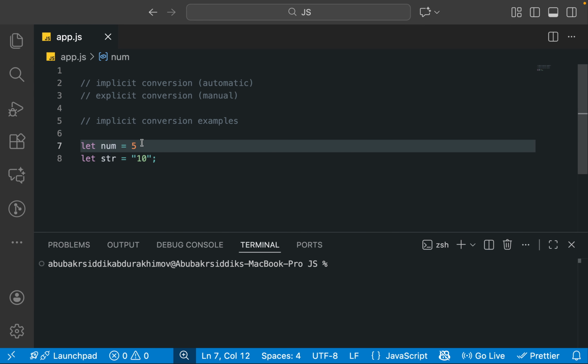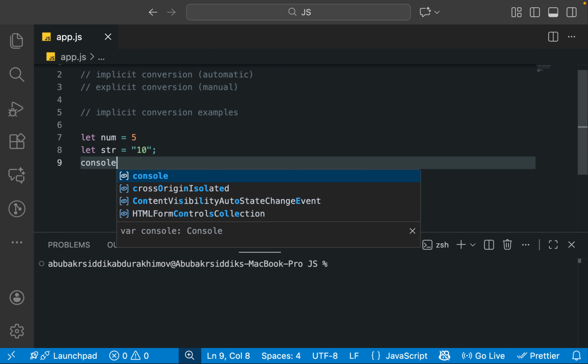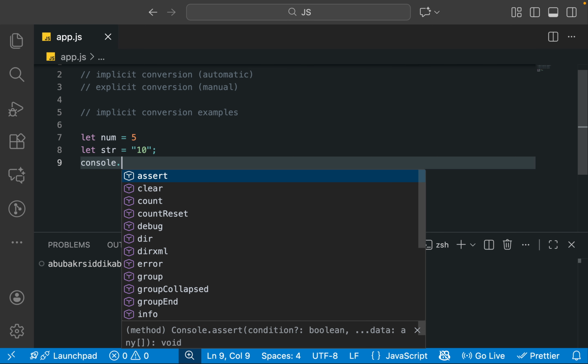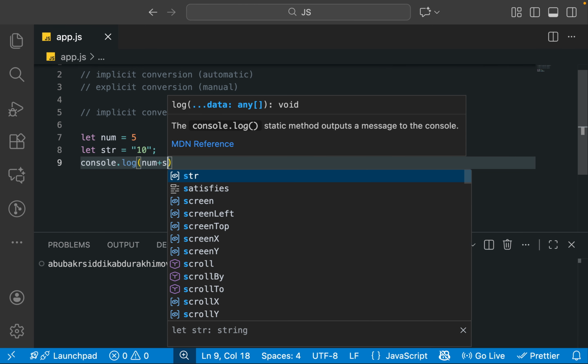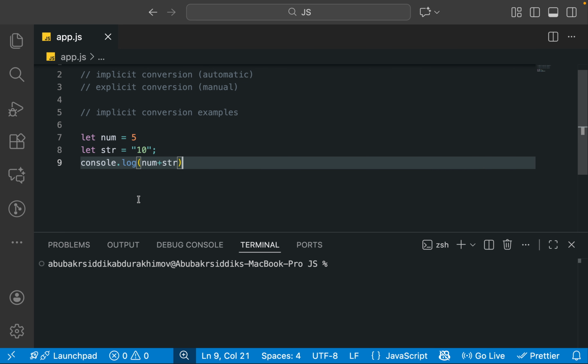In num, we are storing the data type number. In str, we are storing the data type string. And when we try to add these two values, what do you think happens? Like num plus str. So in the console, if I run this,